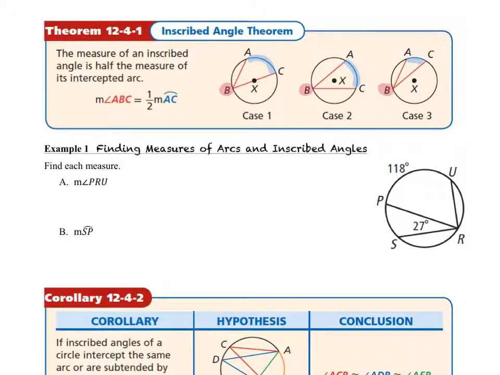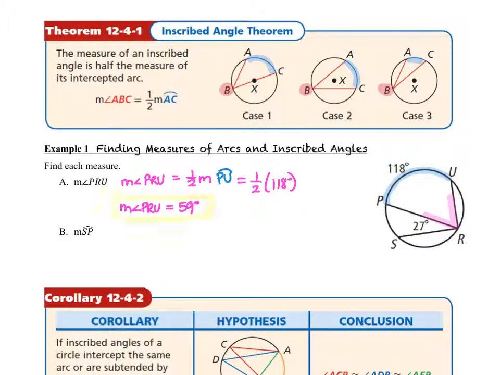Let's take a look at example 1. In example 1, we want to find the measure of the arc and the inscribed angle. So we start out with find each measure. Part A says we want to find the measure of angle PRU. PRU is this angle right here. We're going to start out by writing down our formula. So the measure of angle PRU is equal to 1/2 the measure of, and this is where the intercepted arc comes in. So that is going to be 1/2 of 118 degrees,